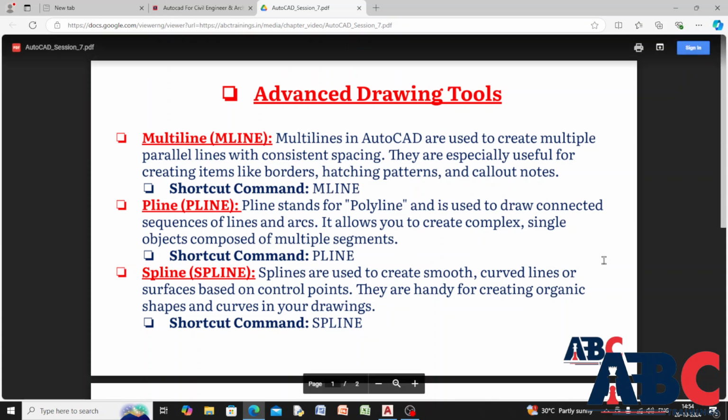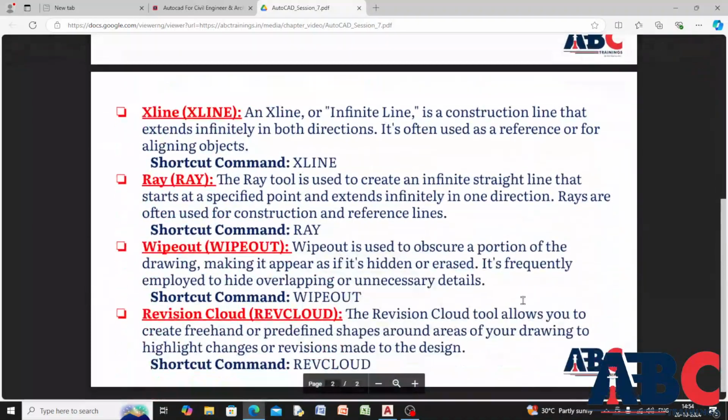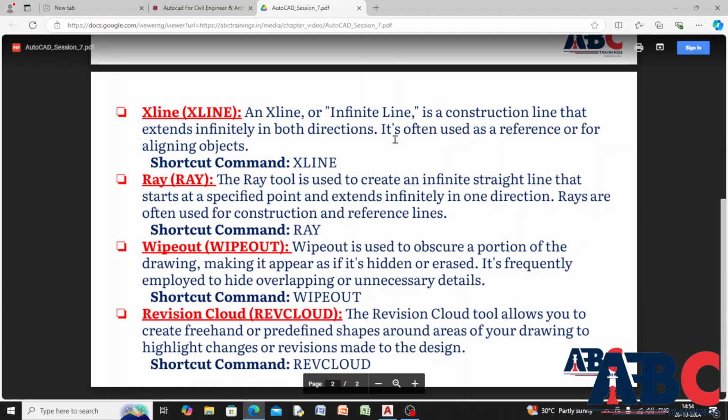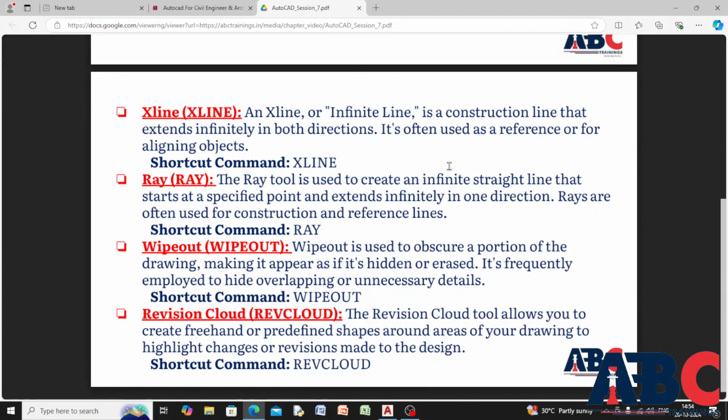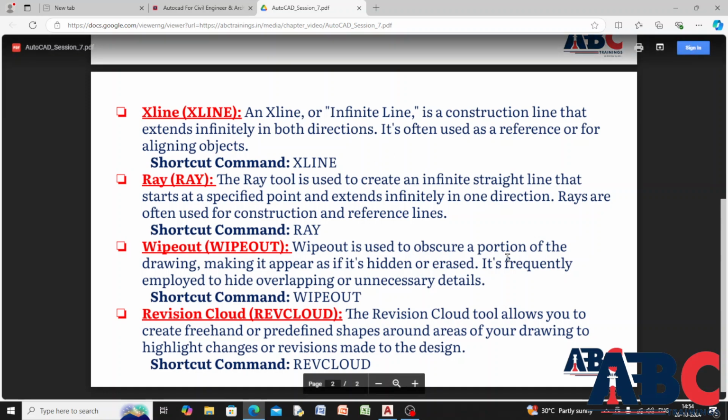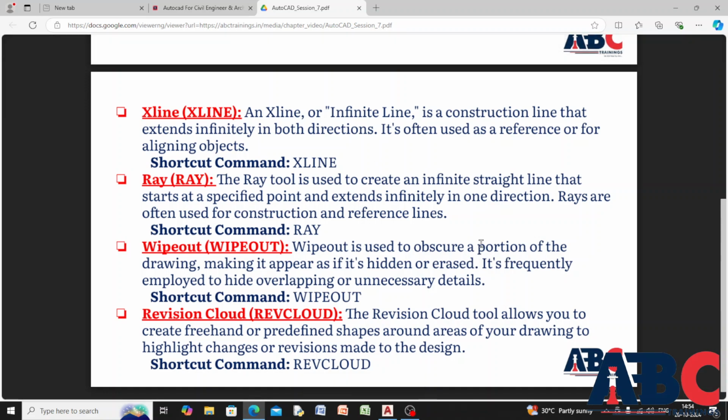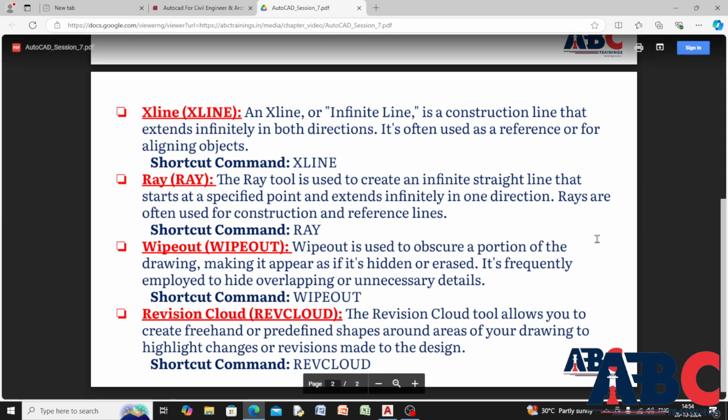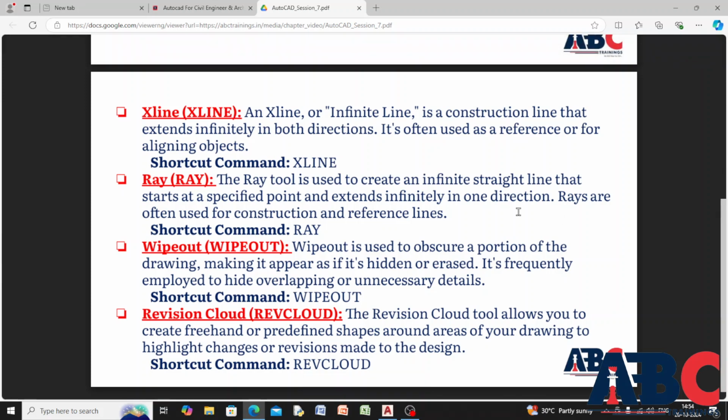Then next is SP line. When you want a smooth curve or curved line, you use the SP line option. Then again the X line option. The X line is an infinite line or a construction line. When you want references from any object to the next object you want to draw, then use X line